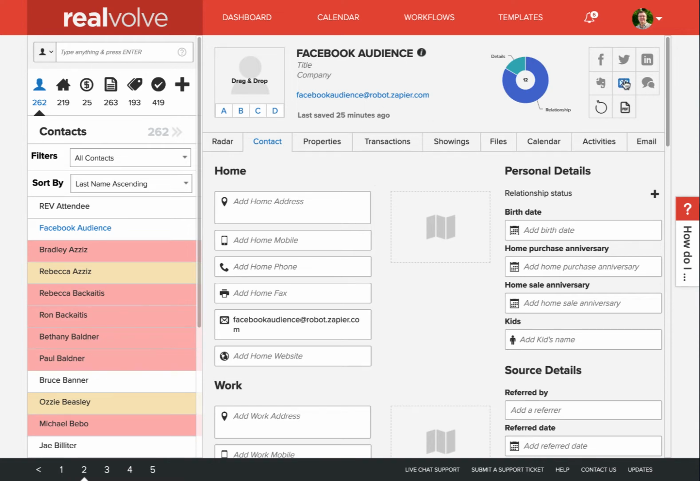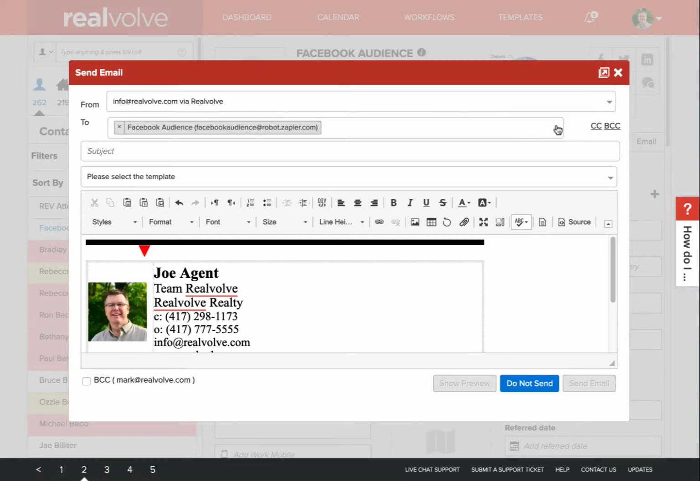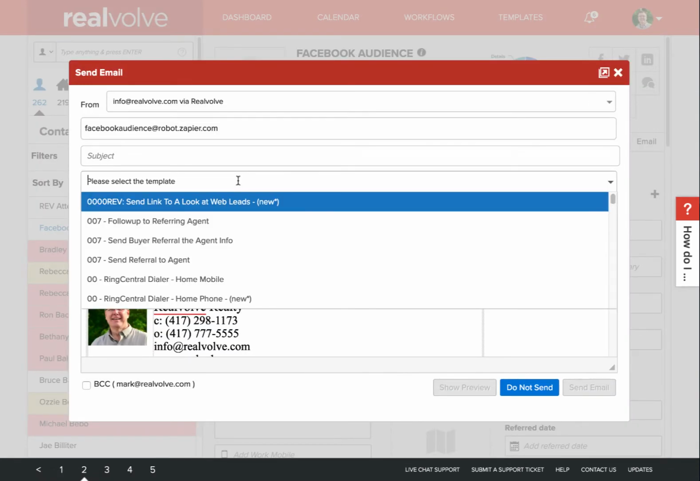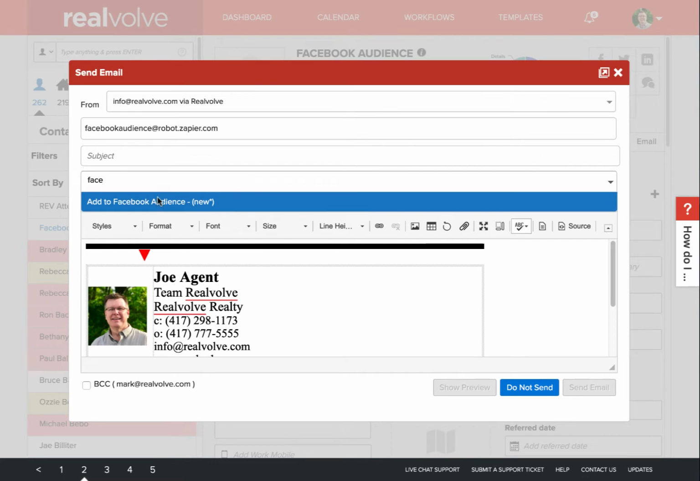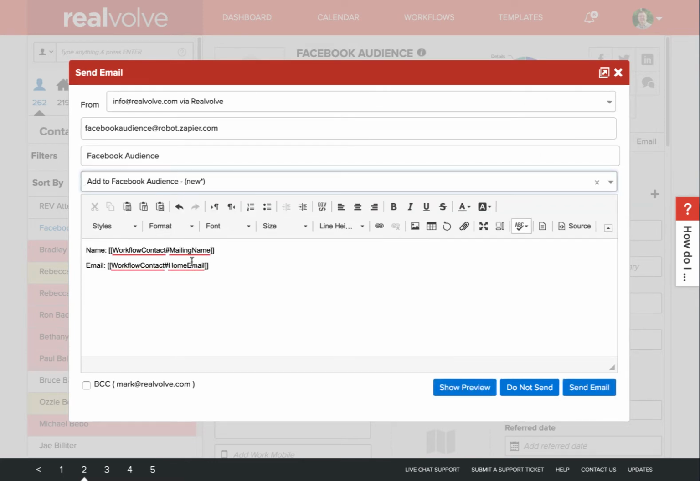Once you do that, one thing that you can do very easily is come up here to the send email, pick that template that we just created, which was Facebook, add Facebook audience, so it has the name and email, and then just go ahead and send that email to the parser. It'll put in the name would be Facebook audience and the email will be this robot, but that's fine